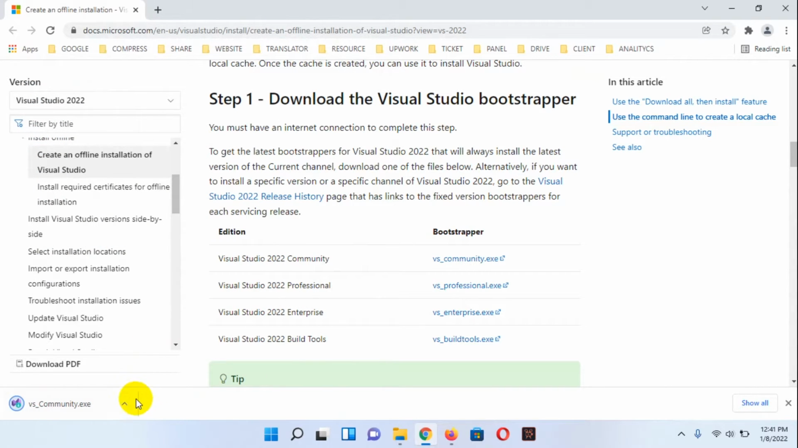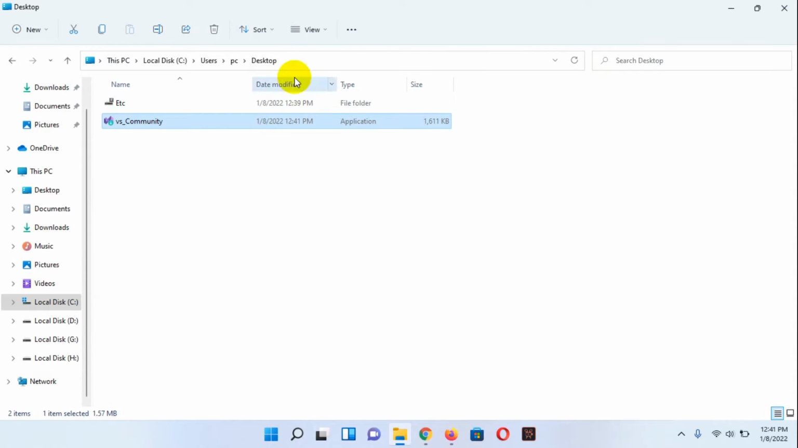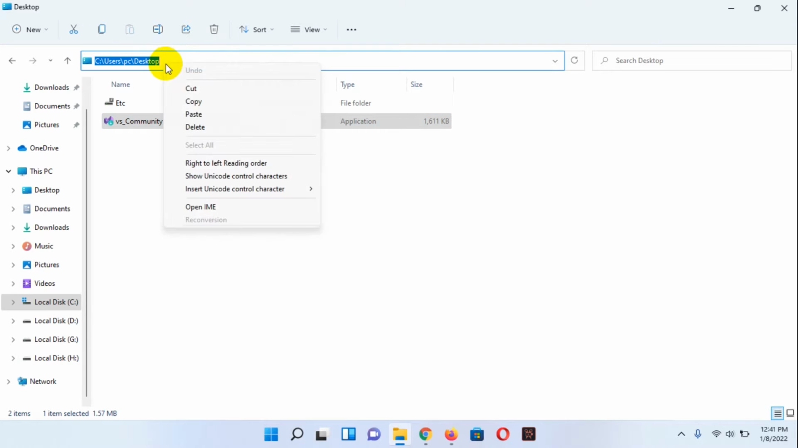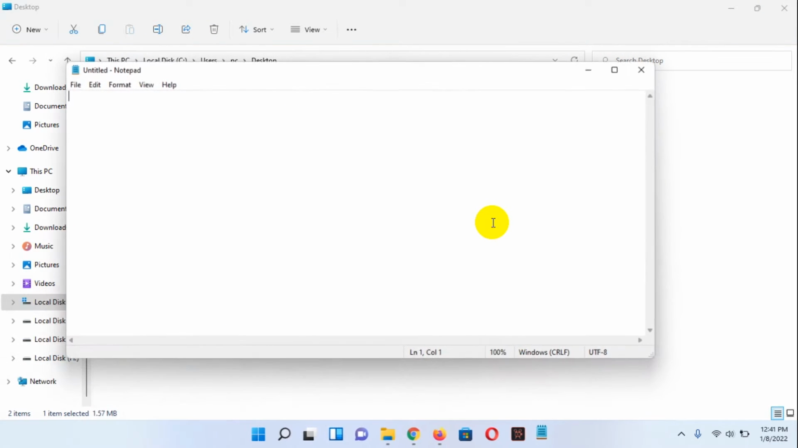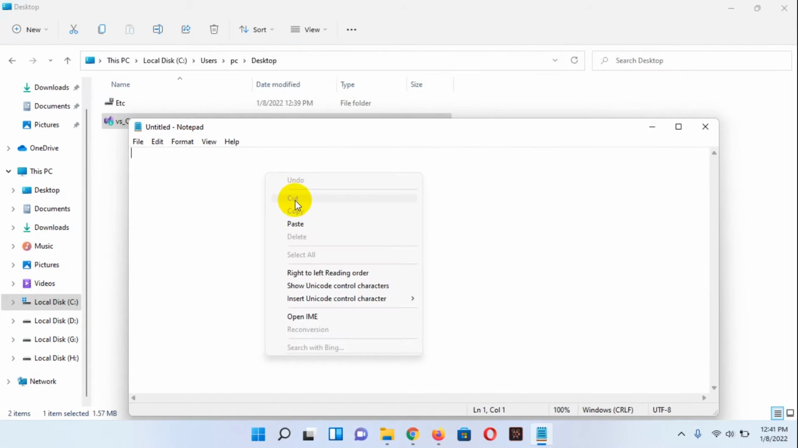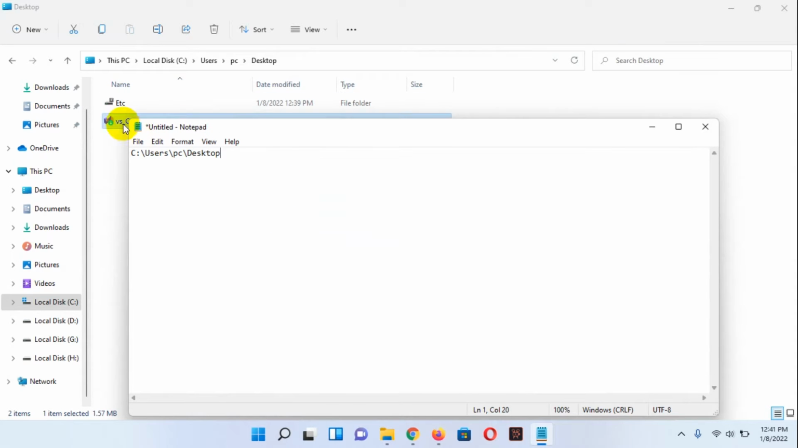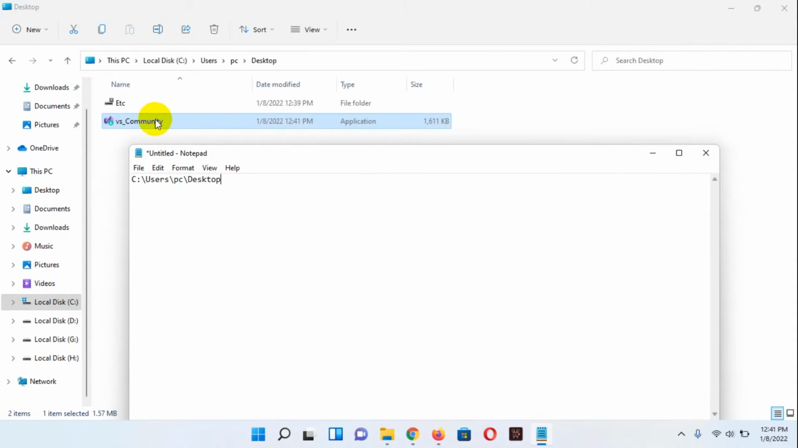Now you can open these files here, these files on the desktop. We can copy this path first, then we put it into Notepad for the path of our location of these files. Okay,